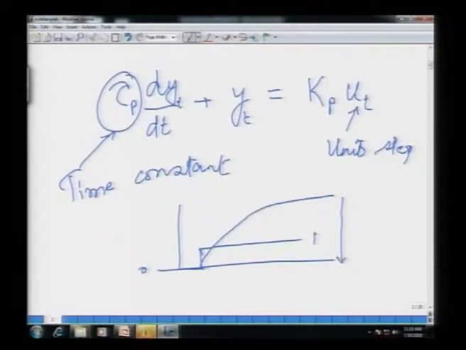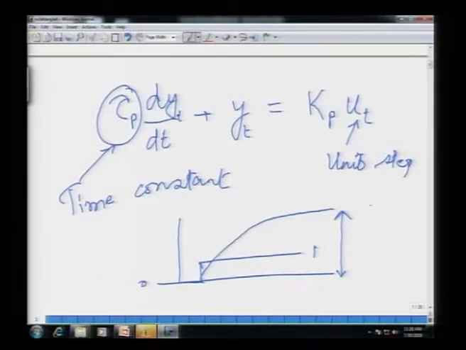This is called the final steady state, where the rates of change are 0. So, if you put dy by dt to 0, because at the final steady state dy by dt should be 0, if u(t) is 1, you will have y at time t tends to infinity is kp. So, that is what you have, this is kp,